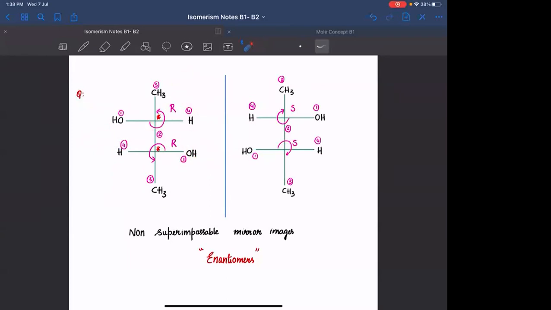A clockwise या anti-clockwise कैसा पता चलेगा? Based on the experiment of polarimeter. Only if you place this molecule in the polarimeter, then only I can say if it is dextro-rotatory or levo-rotatory. By assigning RS configuration, I can never say if it is dextro or levo. R can be dextro, R can be levo. S can be dextro, S can be levo. Okay? यहाँ पे दोनों R है, इसका मतलब दोनों एक ही साइड रोटेट करेंगे. So overall molecule will be chiral.